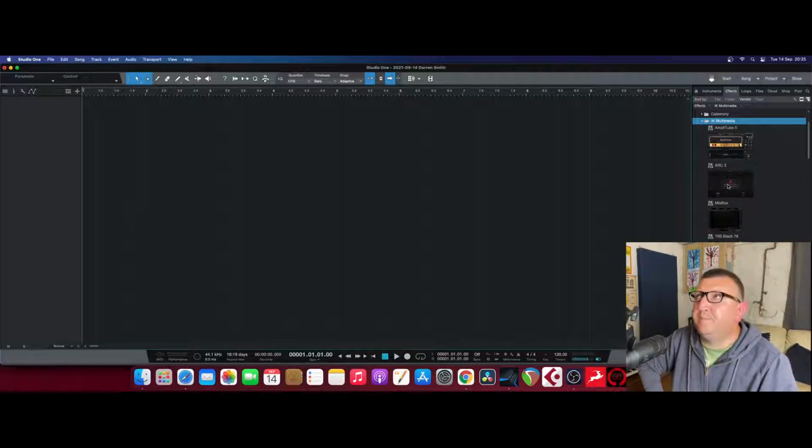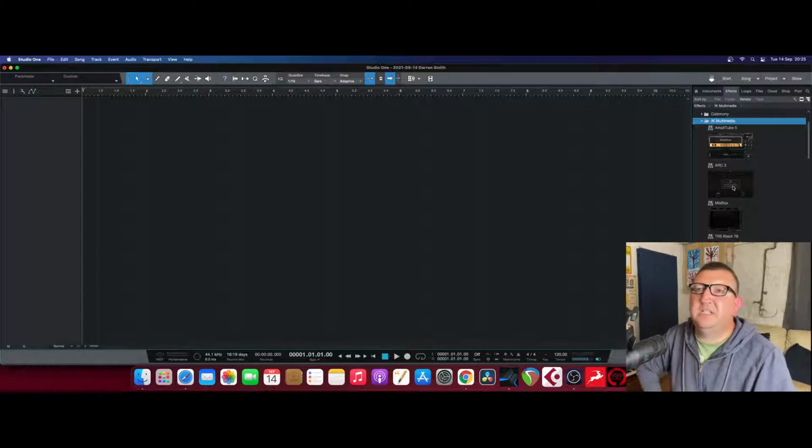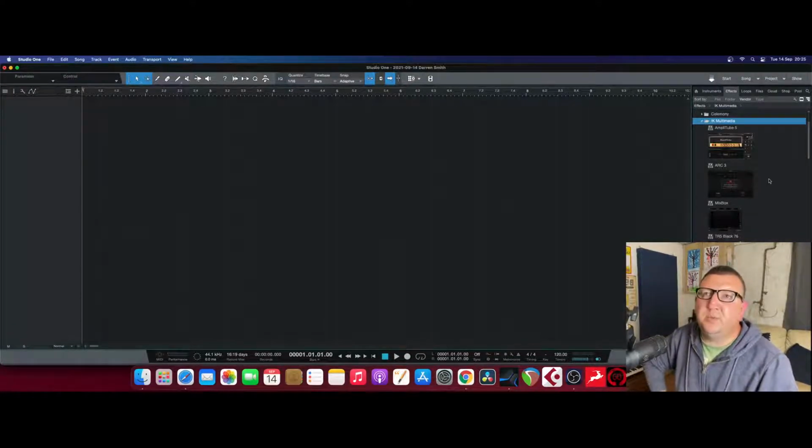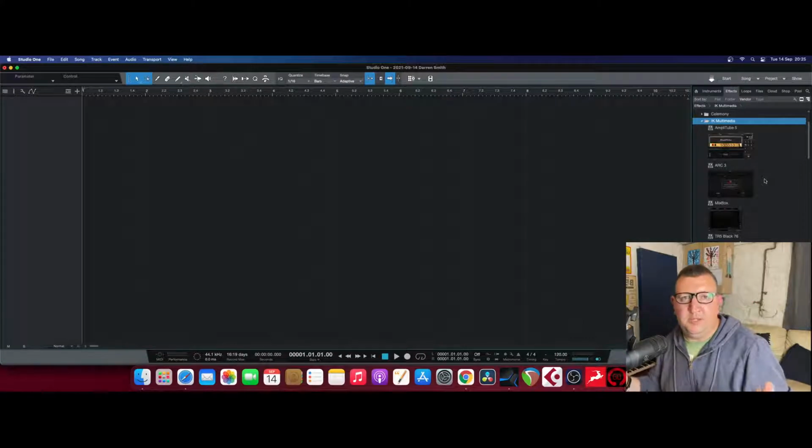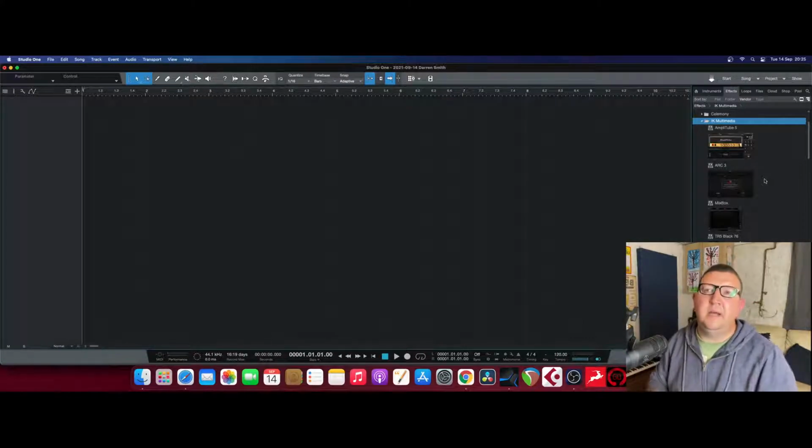It is a room correction software is probably the best way of putting it. Think of it like a SonarWorks type thing, but an IK Multimedia version. And the way you do it is you would then measure your room using a measurement microphone, and then all those measurements go into ARC,